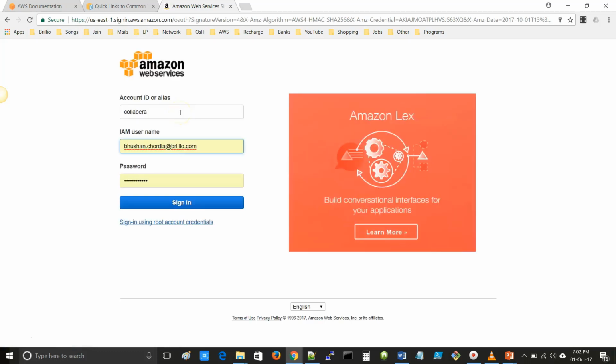This is the sign in page to go to the AWS Management Console. Here you have to give the account ID or alias, the username, and the password, and after that click on sign in.